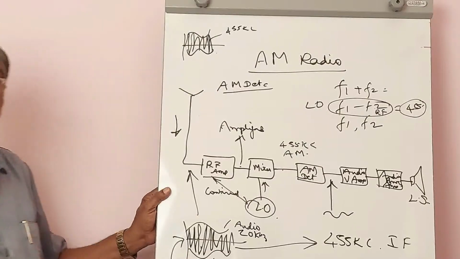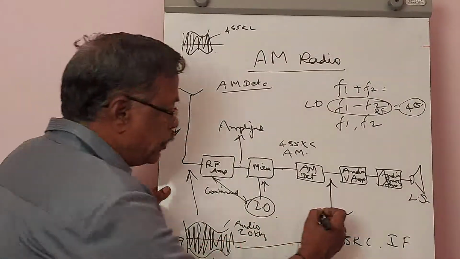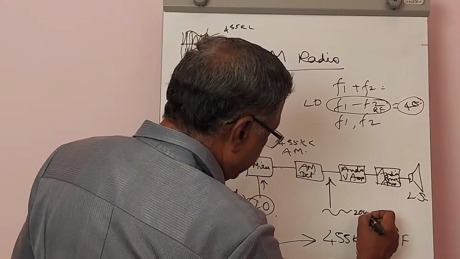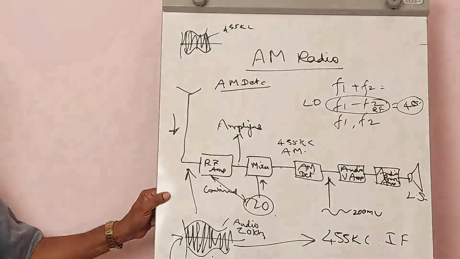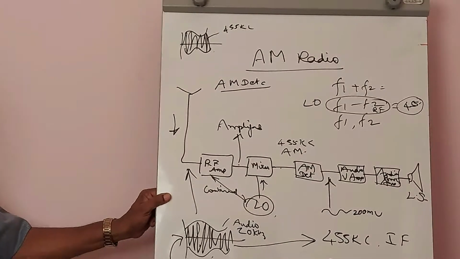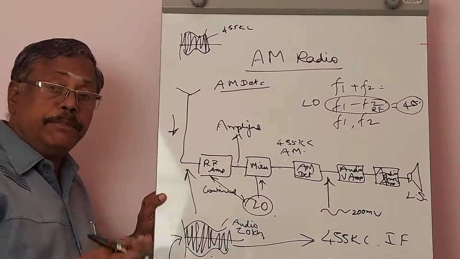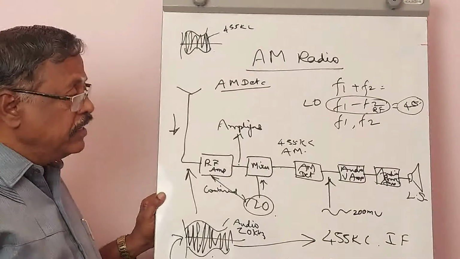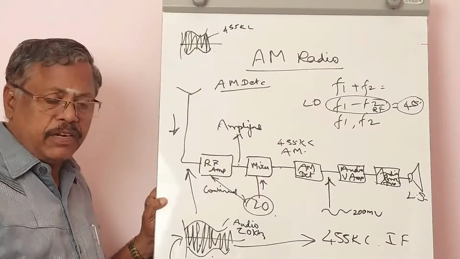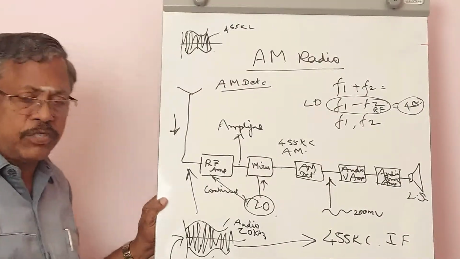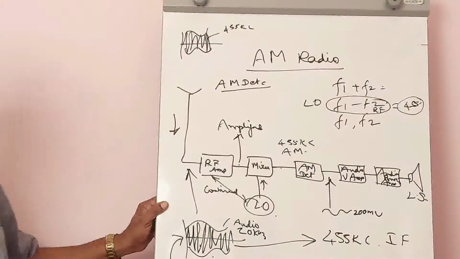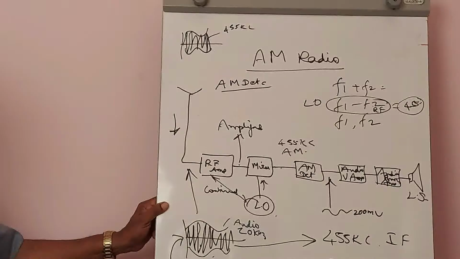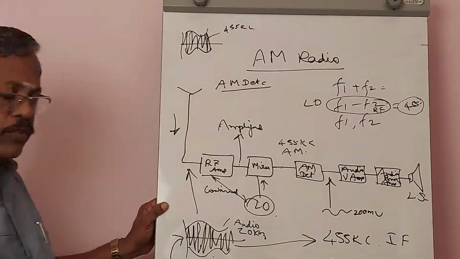This signal is going to be very, very small, in the order of peak to peak, say 200 millivolts. The audio signal is varying in its frequency and in its amplitude, but with a peak to peak value of 200 millivolts only. With this, if you want to drive a loudspeaker, it will not be able to drive the loudspeaker at all. The volume is going to be very, very small, so you will not be able to recognize what somebody is speaking over there or what music is going on.